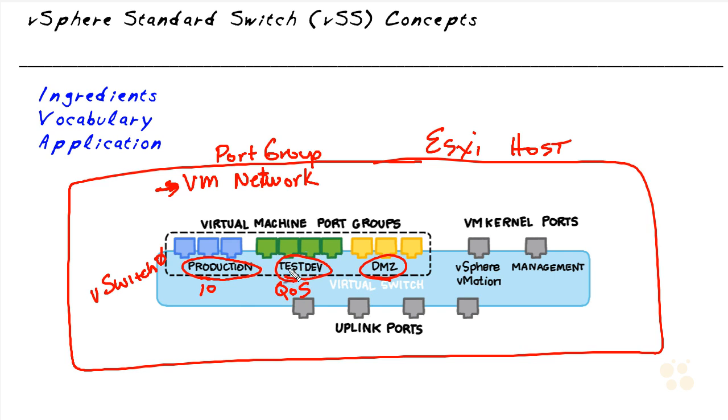And then all we need to do to take advantage of that VM port group called test dev is to connect VMs logically through their vNICs to that VM port group. And then they would get those same QoS or those permissions that we've associated with that port group. And the same for DMZ. Any devices that we connected to the VM port group called DMZ would get those same characteristics regarding their connectivity